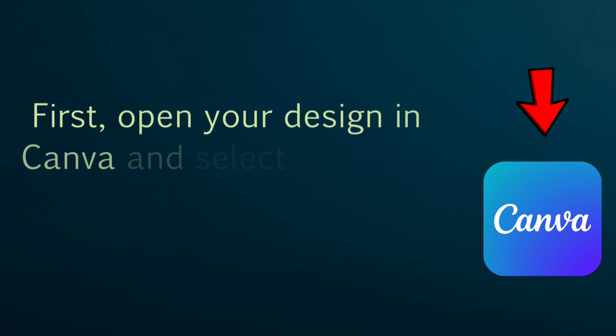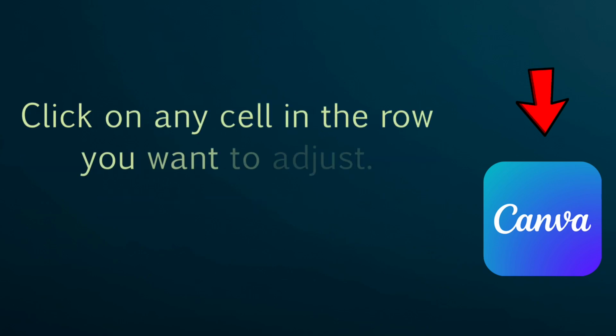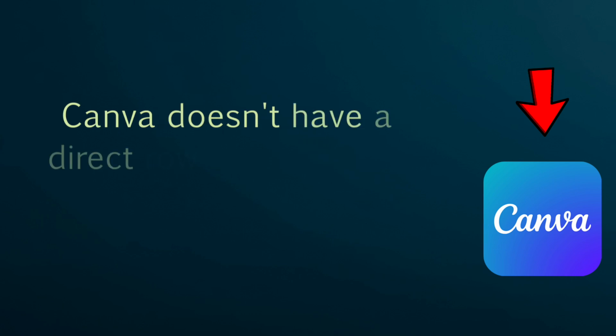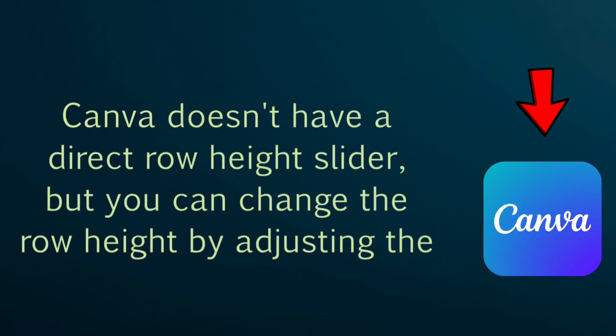First, open your design in Canva and select the table you want to edit. Click on any cell in the row you want to adjust. Canva doesn't have a direct row height slider, but you can change the row height by adjusting the cell padding